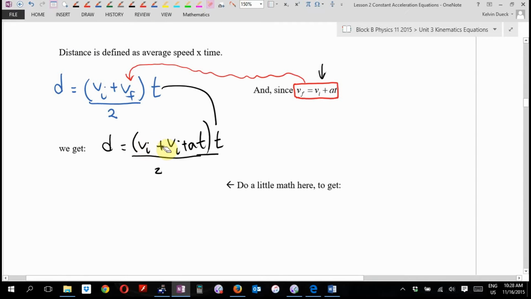What's x plus x? 2x. No, not x squared. 2x. What's y plus y? 2y. What's vi plus vi? So we get this. 2vi plus at